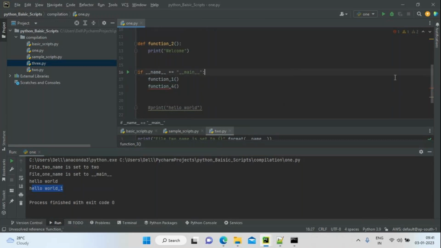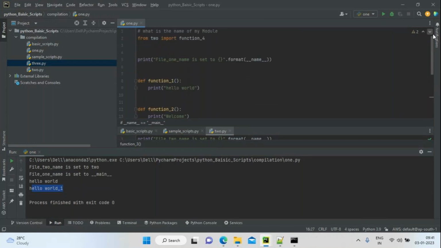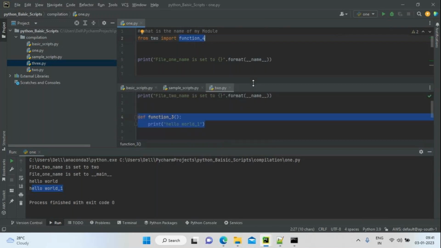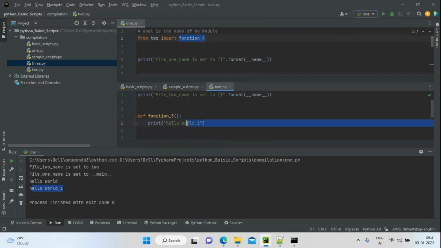That's the reason everyone uses the from statement. From which module? Module 2. I'm going to import only one function. Now the memory is saved. Memory will be allocated only for function 3, and for function 4, memory is allocated.